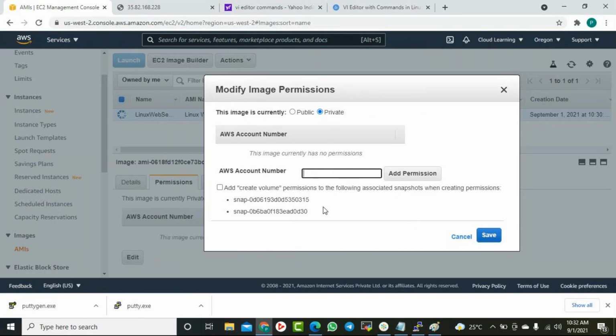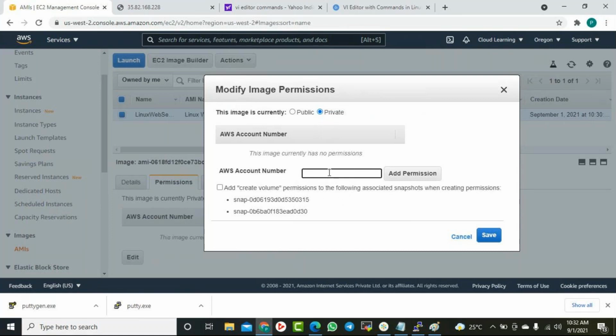Prashant, one doubt. Permissions we are giving only for users we created in our AWS management console. So what about other companies or other persons with different account numbers? No, no, no. I am giving permission to another account. For the same account, I will create an IAM user and give EBS permission, and they will get it from my account itself.